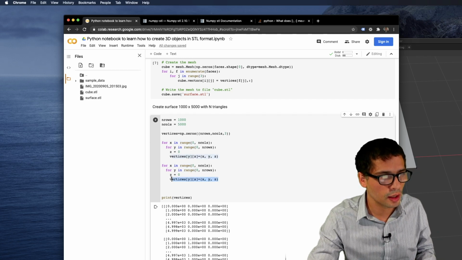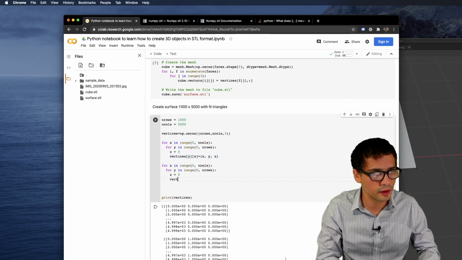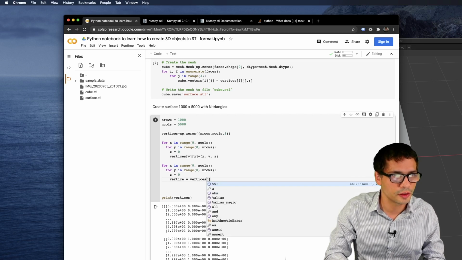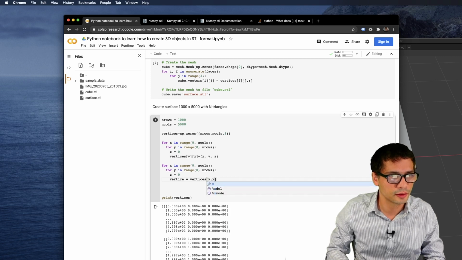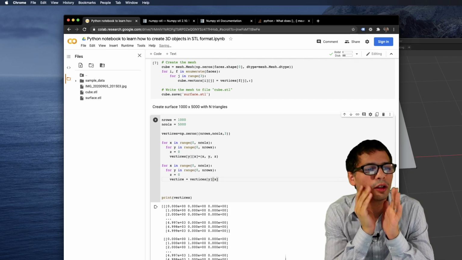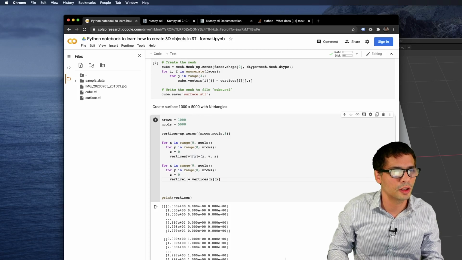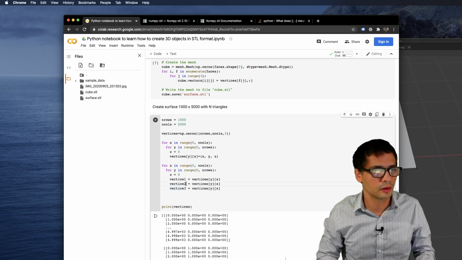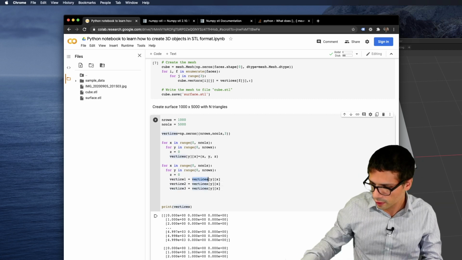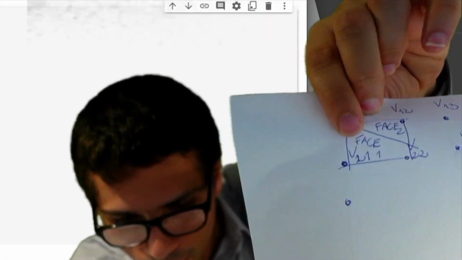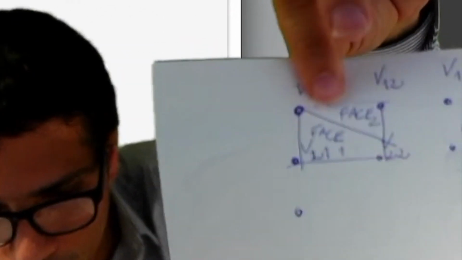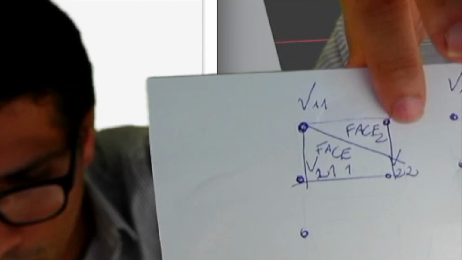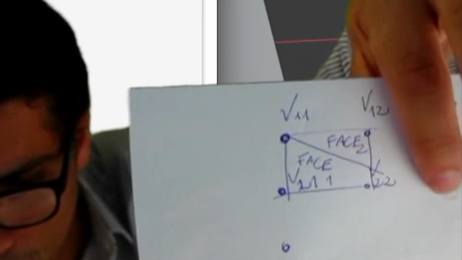So I'm building up, I can get my vertices. I'm going to try and get it from the list I've already created. Vertices y, x, y, and x. So I need to basically do vertex 1. I need 3 vertices to create a triangle, right? So my first vertex here, then I have an option now. I can use the same row, that will be my second vertex, and then my third vertex will be this one.